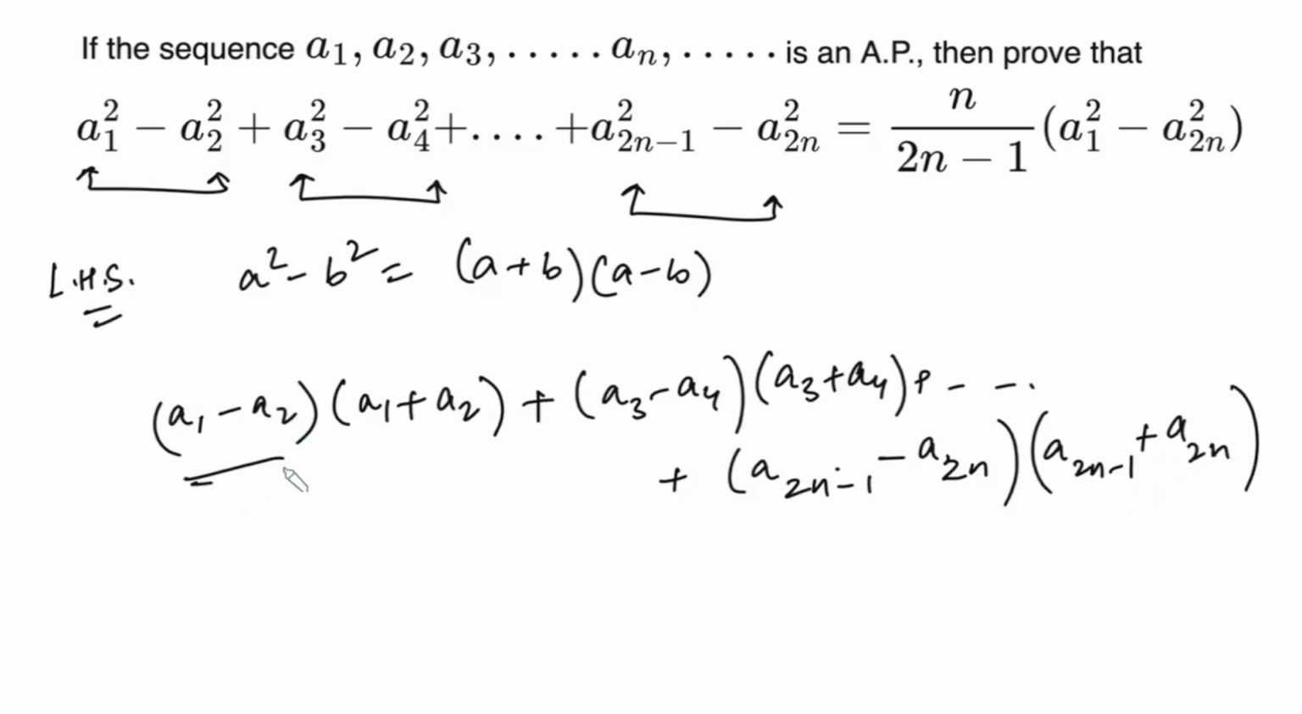You know that a1 minus a2, a3 minus a4, and a2n minus 1 minus a2n are nothing but the common difference, but the negative common difference, because we know that d is equal to a2 minus a1, right? So minus d will be equal to a1 minus a2. Similarly, a3 minus a4 is also the value of negative d. So in all these terms, we have something common, which is negative d. So we take negative d common,